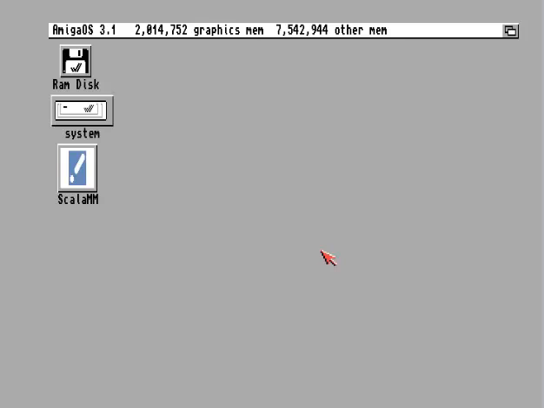So today we are looking at my absolutely favorite piece of software ever. This is Scala, and Scala for the Amiga is just, oh my god, so good. Nothing beats it these days. It's still so easy to use, so great to make presentations, and it brings all the different elements of Amiga